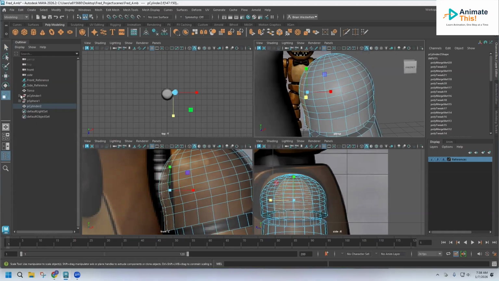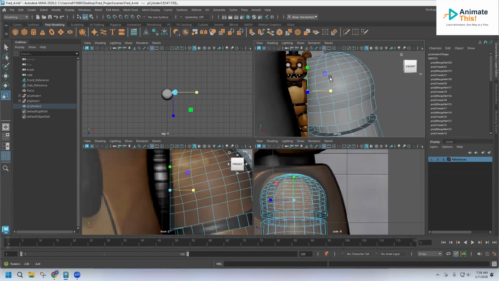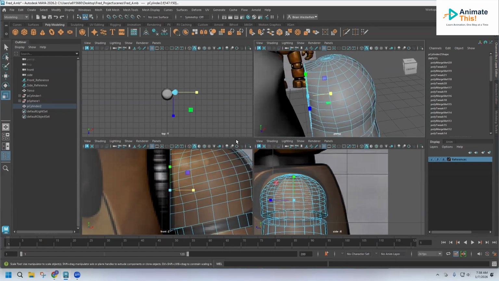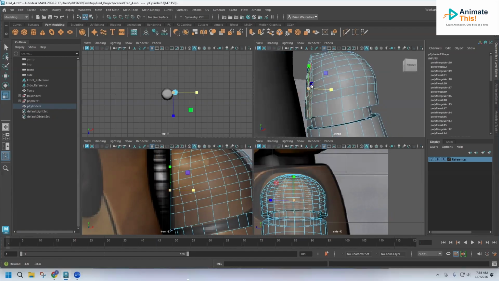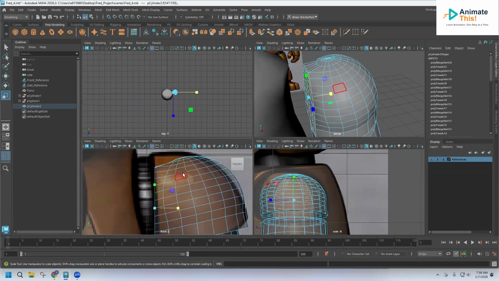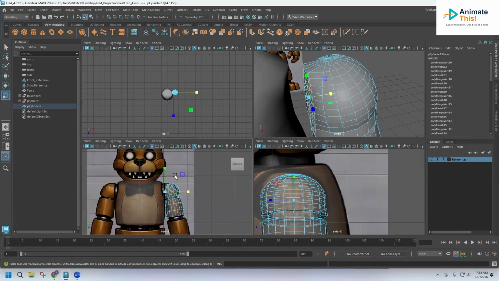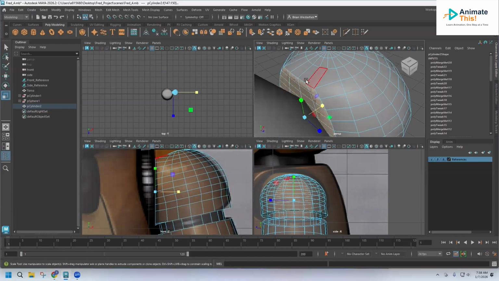I'm going to grab my scale tool. I'm going to try to scale it this way. Actually didn't look too bad. So scaled towards the inside and it makes that flat edge for us in order to create that piece there. Then we'll grab these edges